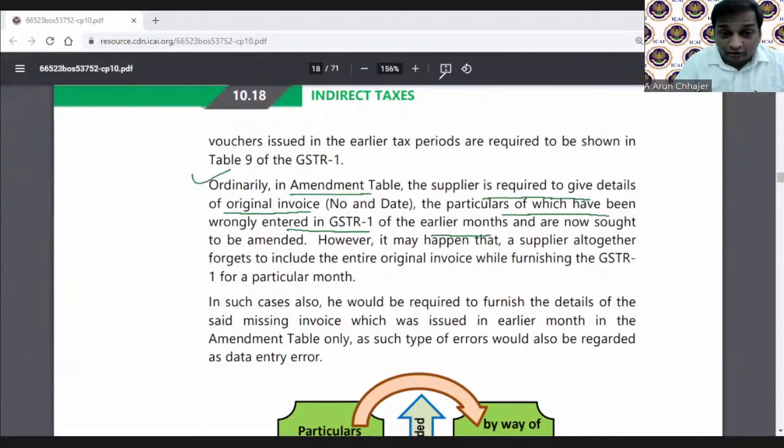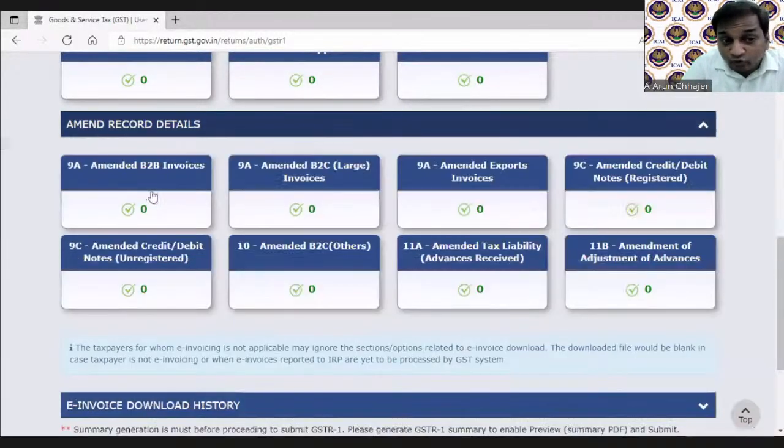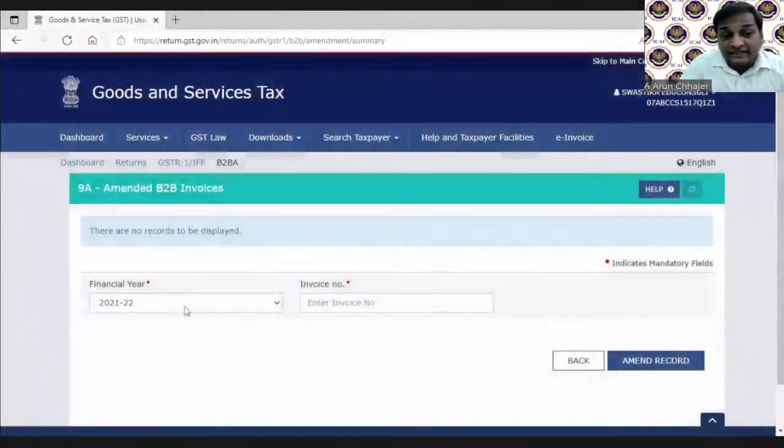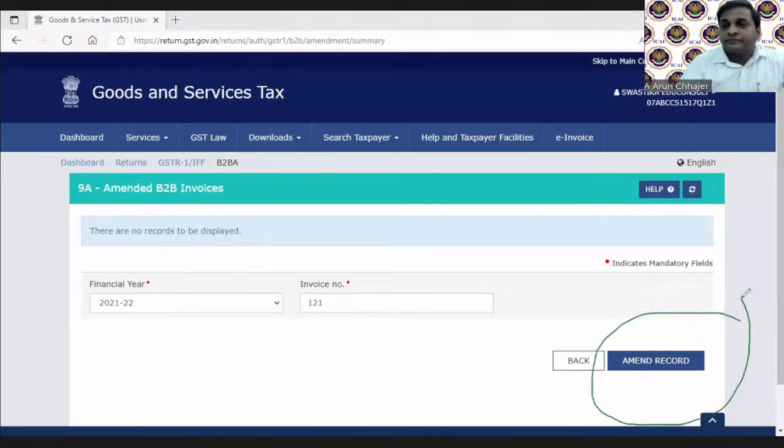Let me go to the GST portal. I will use the amendment table, and here I will enter the invoice number. Suppose I have entered wrongly in the previous tax period invoice number 121. Once I write 121 and click on the amendment record, the entire invoice would open, wherein I can amend